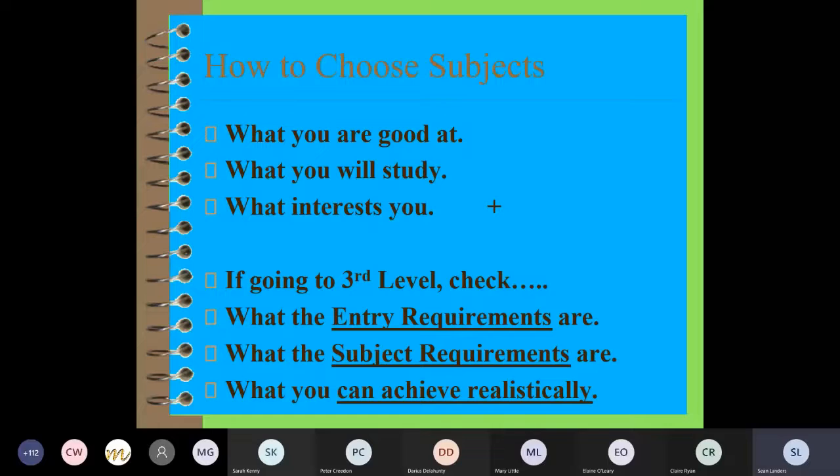The next question you have to ask yourself is, are you thinking of going to a 3rd level course? Are you thinking about going to university or an institute of technology? Because then you have to take into account what the entry requirements are that that college requires, or maybe even that course requires. So to give an example, if I was looking to study medicine,